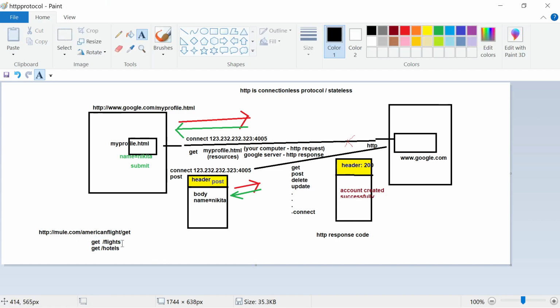depending on the resource. So that is why slash flight means this is the resource I want, or this is the HTML page I want. Every time you are not only saying the HTML page name, you can also give the link. So these links are called